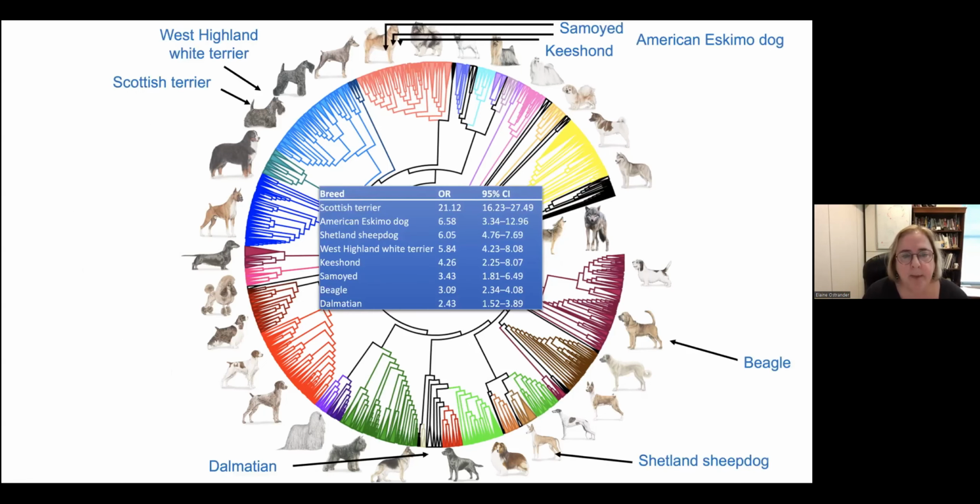And now when we impose on this the dog breeds that you just saw on the previous slide that have the highest risk. All right, so we can use this wheel to figure out, well, can we combine any of these breeds in order to increase our power? Well, maybe we could combine the Scottish Terrier, and you can't see it here, but West Highland White Terrier would fall here. Maybe we could combine Samoyed, Keeshond, and the American Eskimo dog. But the Beagle, we would not be able to. That's going to be there by itself.